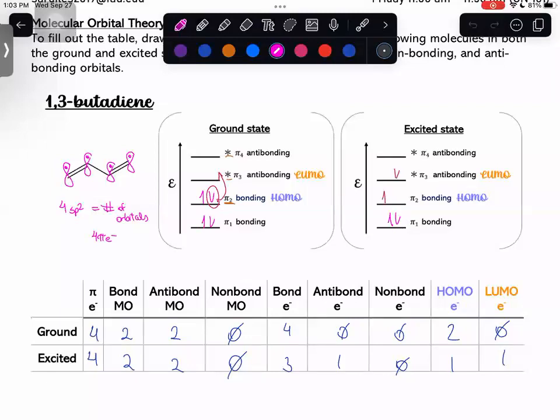Now, what kind of questions could he ask you? That's a great question. So today he was talking a lot about the theory behind the orbitals and all of that, the transitions. You guys are not really gonna get asked questions on how the orbitals look like. You're just gonna get asked simple questions like the ones that I told you about in last session. For example, how many electrons do you see in the LUMO orbital and the excited state? Things like that. They're gonna be pretty straightforward, and that's why the tables are provided for you guys. Pretty much you can just memorize that part, but of course I'm gonna teach you how to actually do them